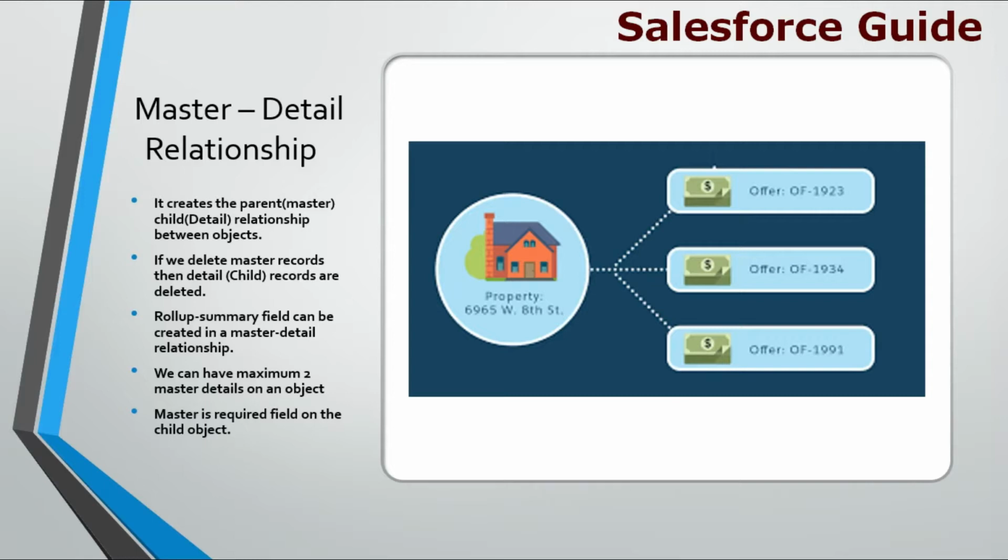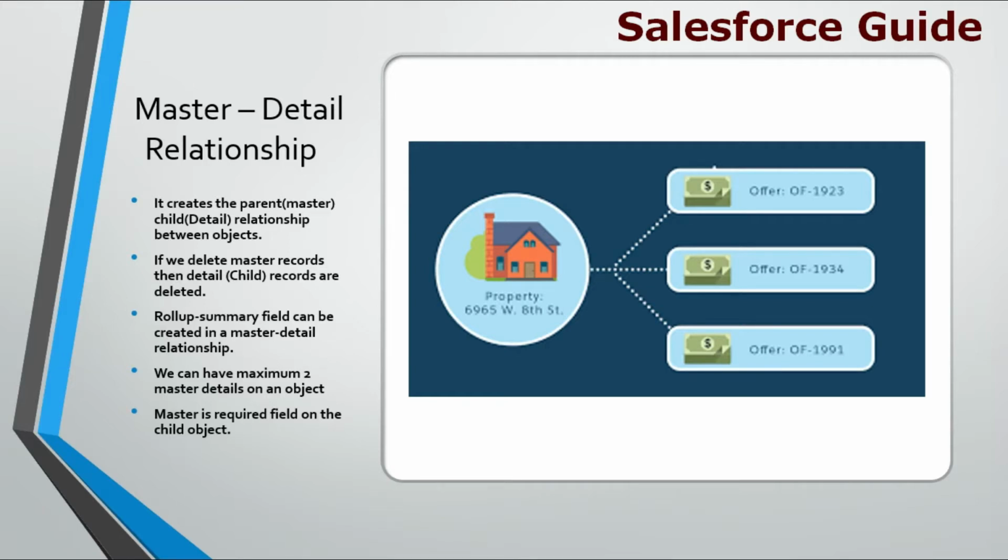It can be a detail for multiple objects. Suppose we have an object called car, and you want a relationship between car and account. Here, account works as the master and car works as the child. That means a car can establish a master-detail relationship with two objects. The first one is already occupied by the account, so it can have only one more, which it can establish with any standard or custom object. There is no other restriction in that, but the maximum is 2.